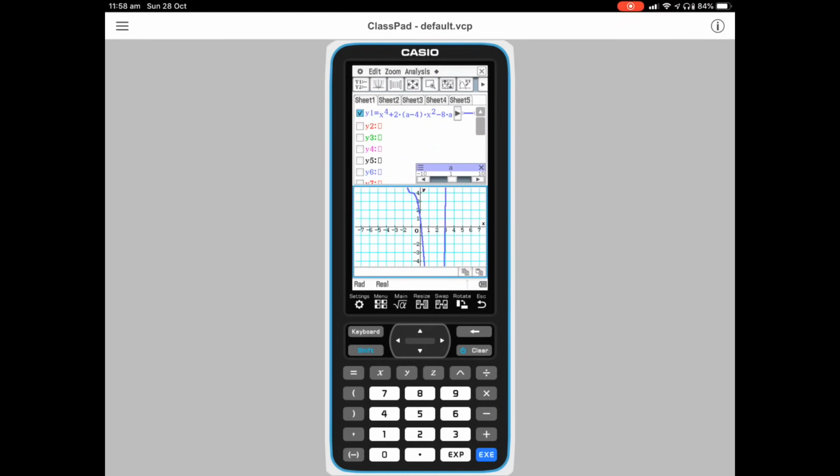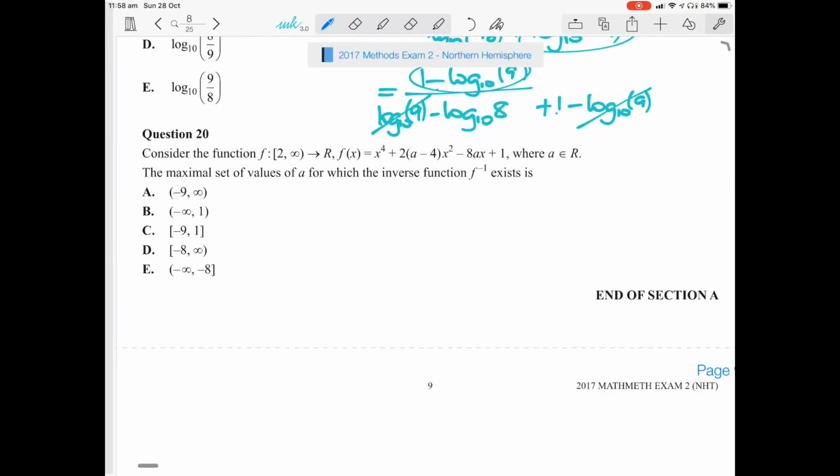We only want it for x greater than 2. The maximum set of values for which the inverse function exists. Okay, and it's greater than 2, so we've got to use the right-hand side of the graph. And it's got to go from 2 to infinity, and it can't, because it's an inverse, it's got to be 1 to 1. So I guess our main points are negative 9, 1,